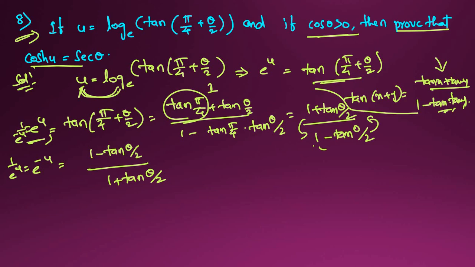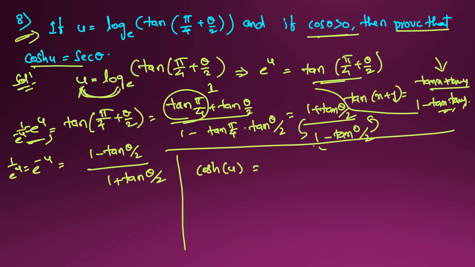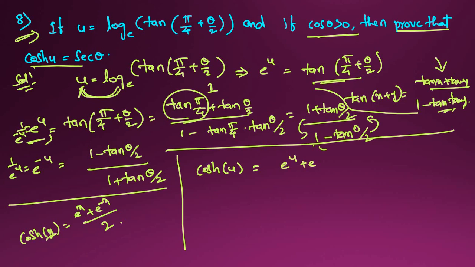So here what we have to find is cosh u is equal to. You will go through there, like in your key concepts there is a formula: cosh x is equal to e power of x plus e power of minus x divided by 2. So in the x place there is u there. So it is e power of u plus e power of minus u divided by 2. In this place I will substitute these values, e power of minus u, e power of u values.